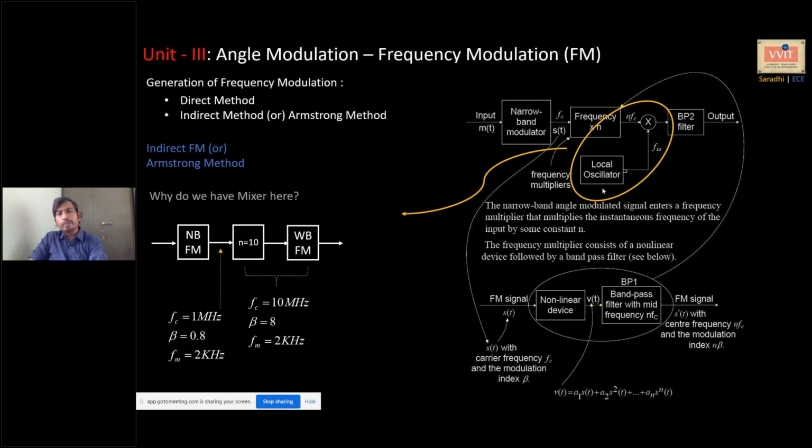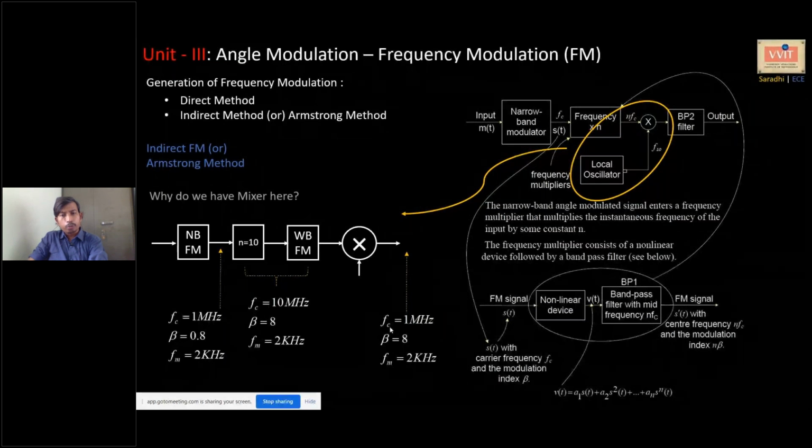We need to determine what should be the frequency of this local oscillator. What we need is the carrier frequency of this wideband FM signal to be equal to 1 megahertz, with the remaining things remaining constant, like modulation index 8, FM rate remaining equal to 2 kilohertz. So what should be the local oscillator frequency? The mixer always produces sum and difference frequencies of its two inputs. Here 10 megahertz is available. Here you can apply either 11 megahertz or 9 megahertz,